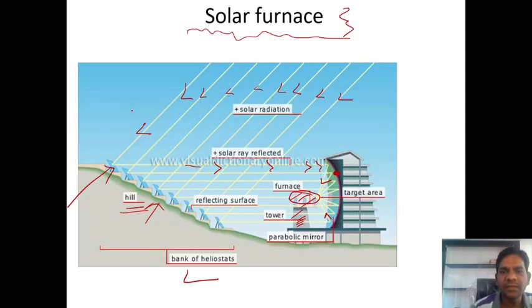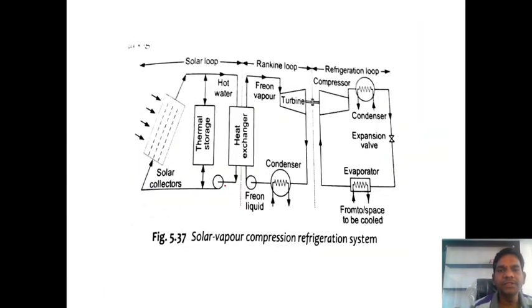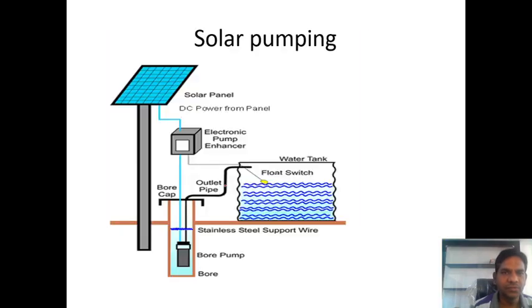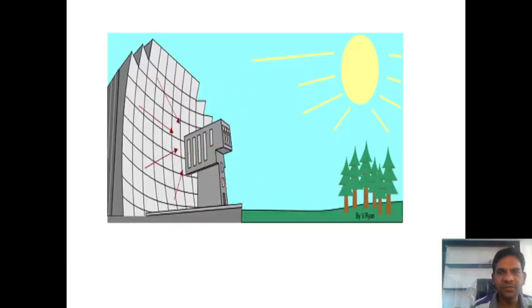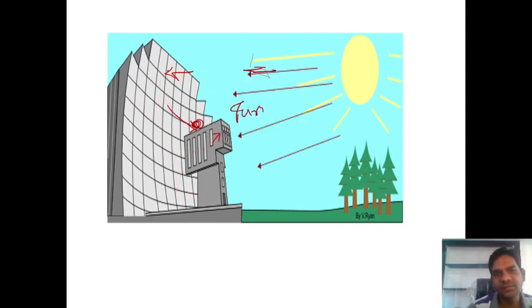Okay, I have shown a very simple diagram here. Melting of materials and the study of various different types of materials can be done by using this solar furnace. Now, another application we have to discuss here, guys. This is the animation of one simple solar furnace. The solar radiation is incident on this parabolic concentrator, and from the parabolic concentrator it is incident on this receiver. This is called our furnace. So this is one simple animation.